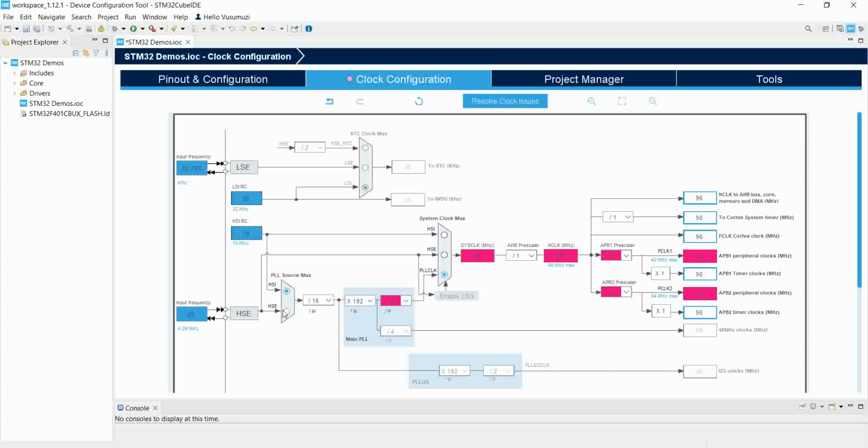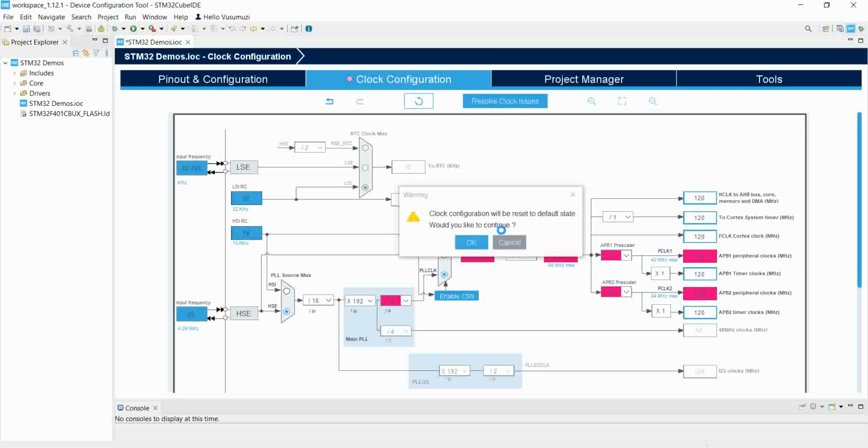Here we will select the high speed external clock, and then here we also want to use the external clock. Make sure that you selected PLL. Then go over and select the PLL clock over there. For the actual clock that we want to use now, we can type in 120. Okay, let's see if the